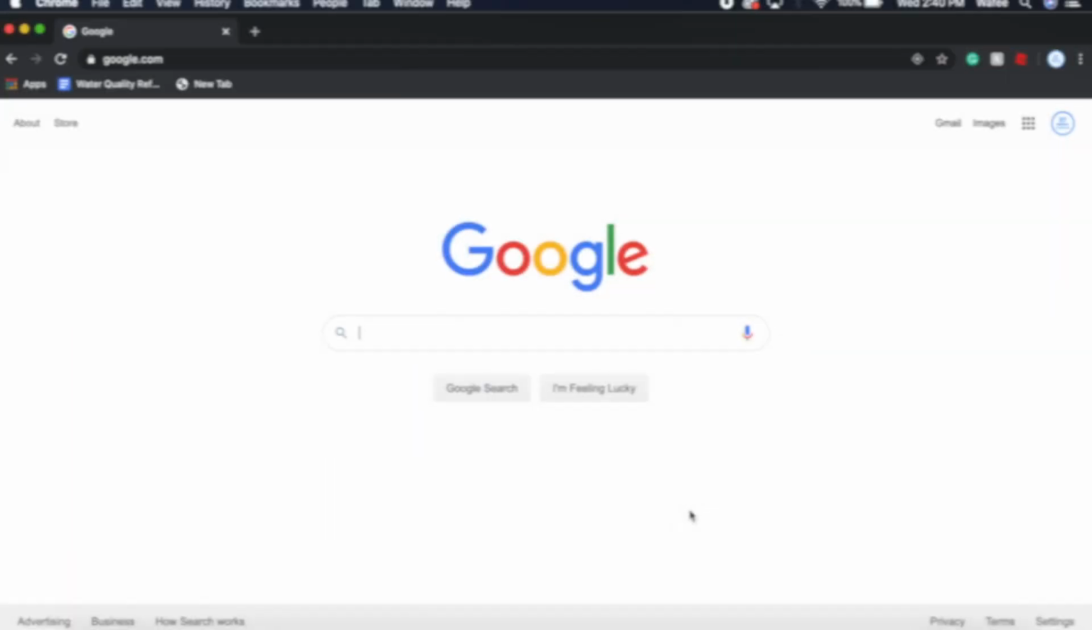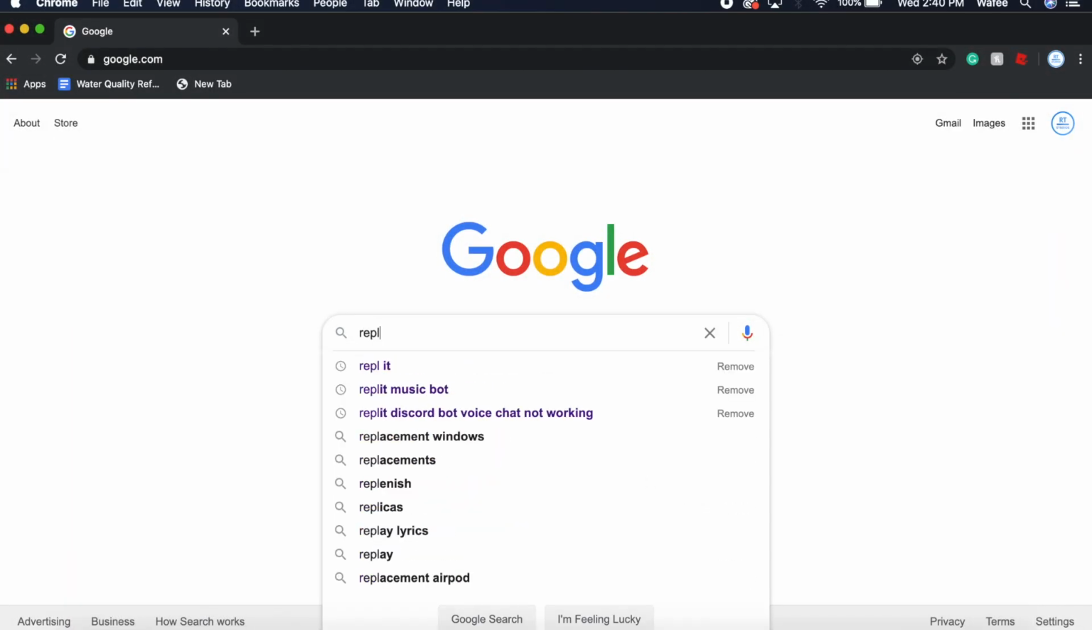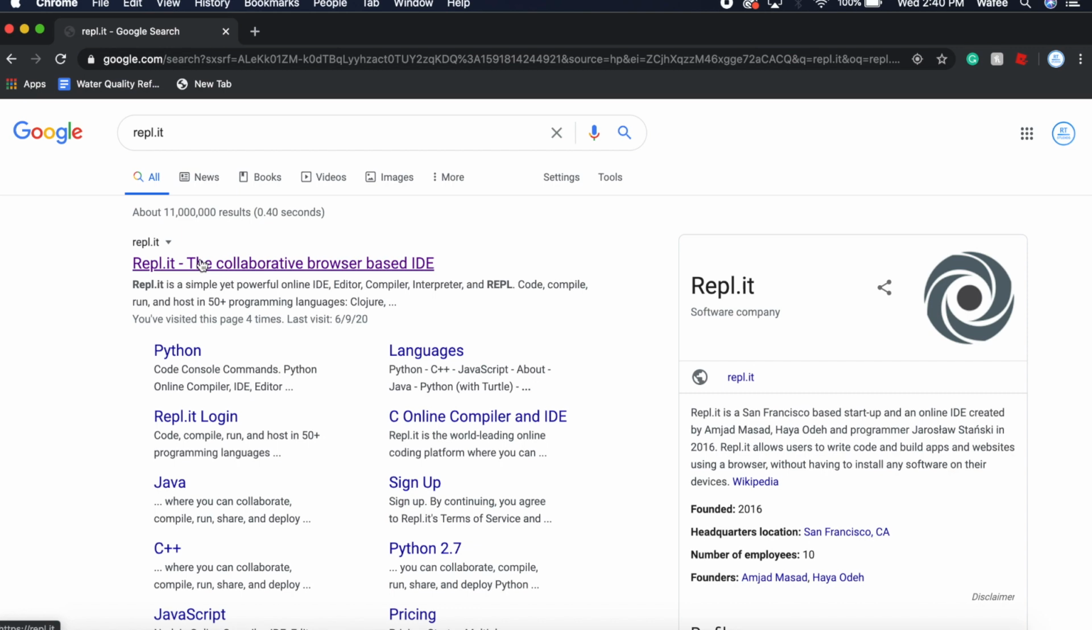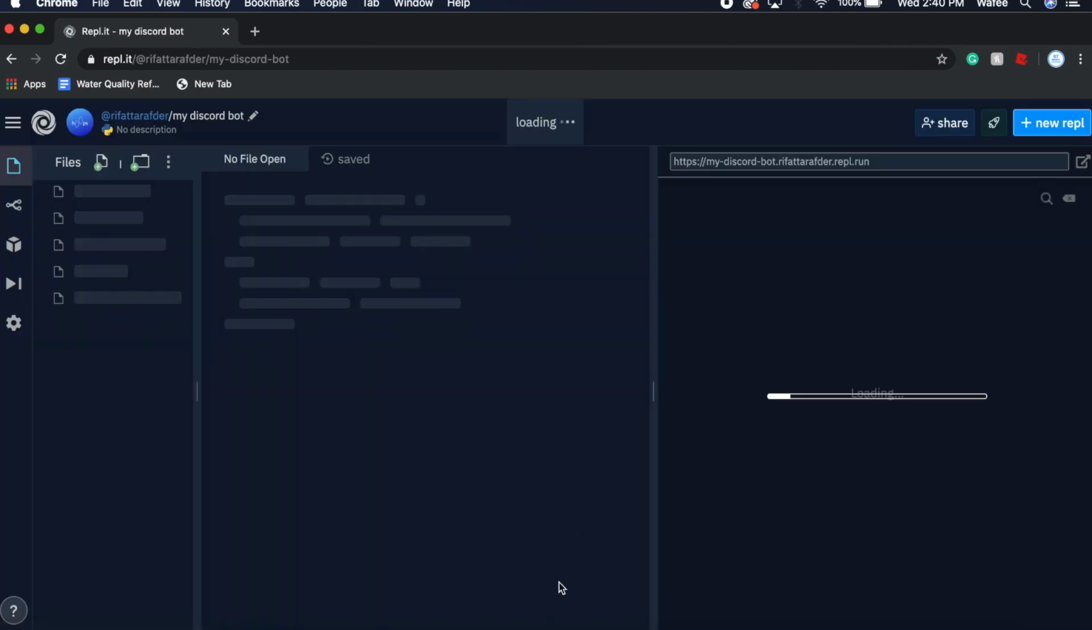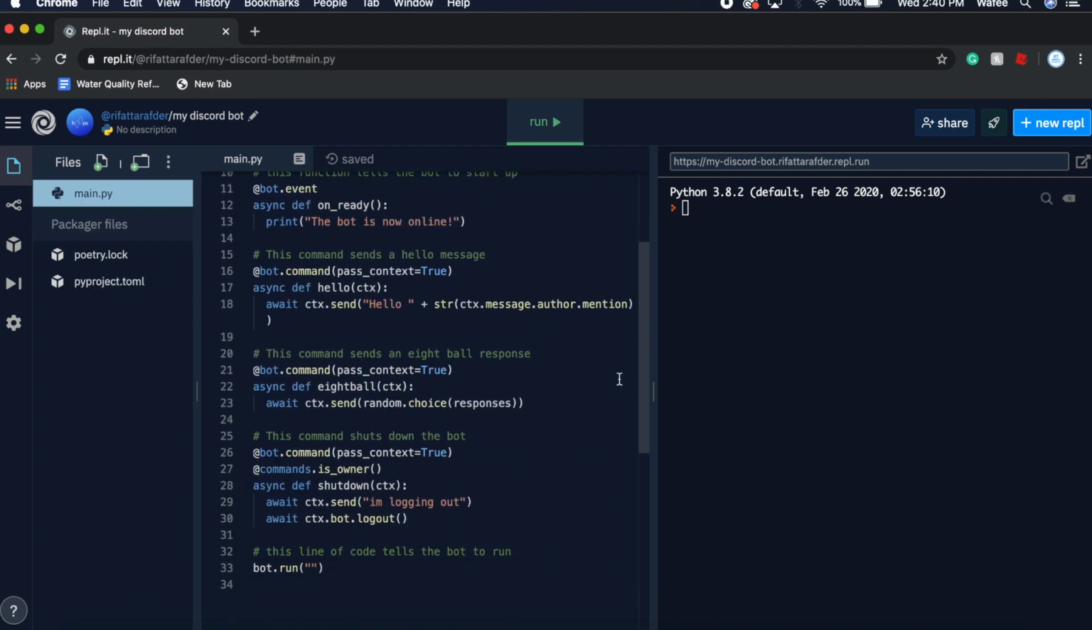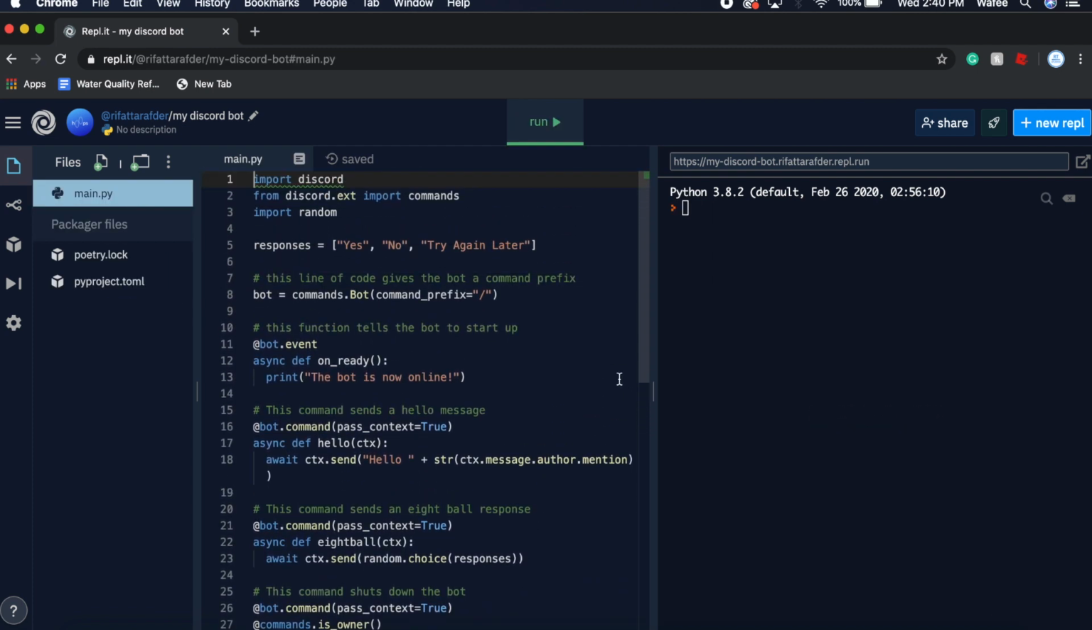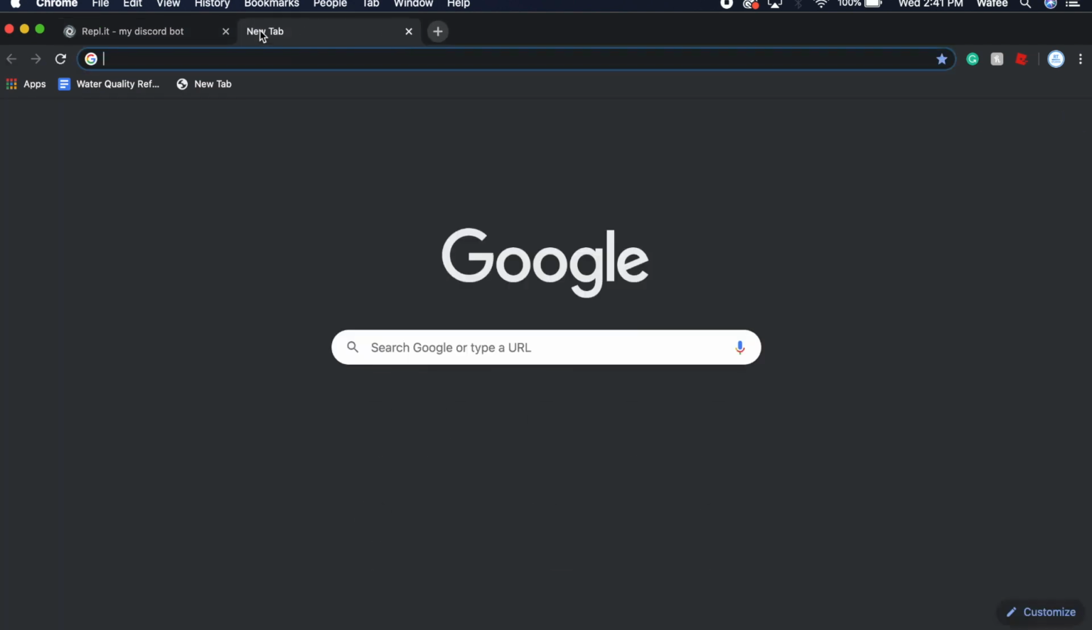So the first thing we're going to do is head over to Replit and open up our project, my Discord bot. And one thing we want to do is, since we're going to be adding a meme command, we're going to be getting those memes directly from Reddit. And to do that, we have to make a Reddit developer account. To do that, we're going to open up a new tab. We're going to go to